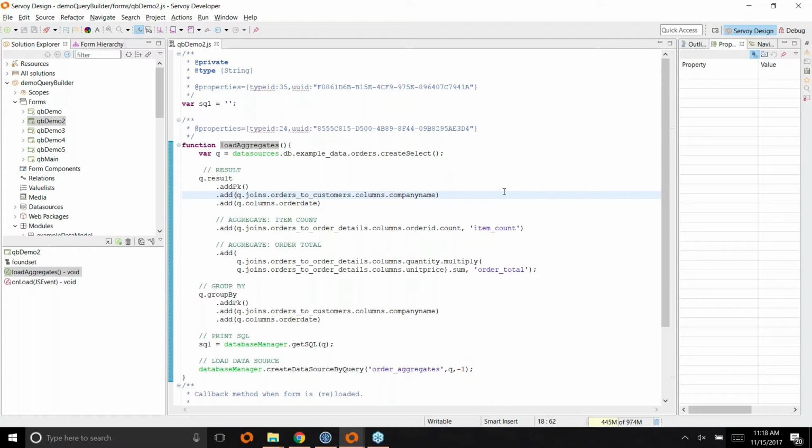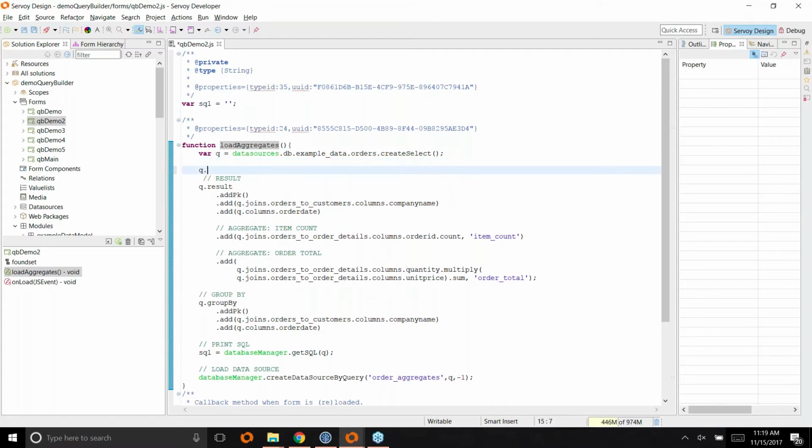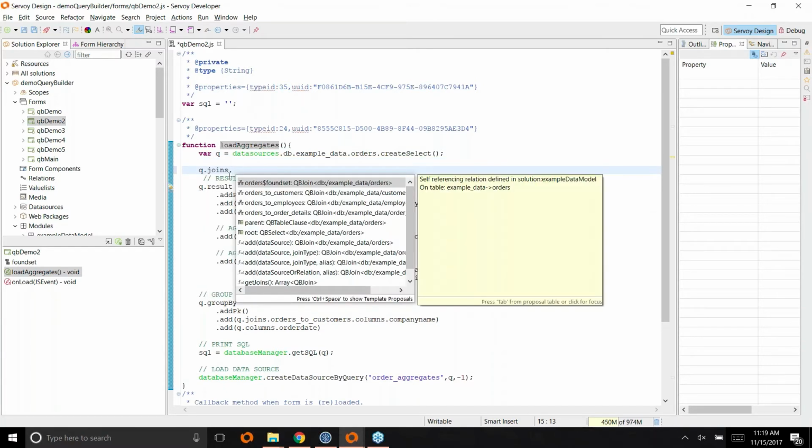So in this case, if I want to show the company name, I'm going to bring in related data. Also, if I want to aggregate the line items, the order details, I want to bring in related data. One of the nicest things about the query builder is that if you have relations established, then you will get code complete on all of your relations. So if I give myself q.joins, I get all of the relations that start from